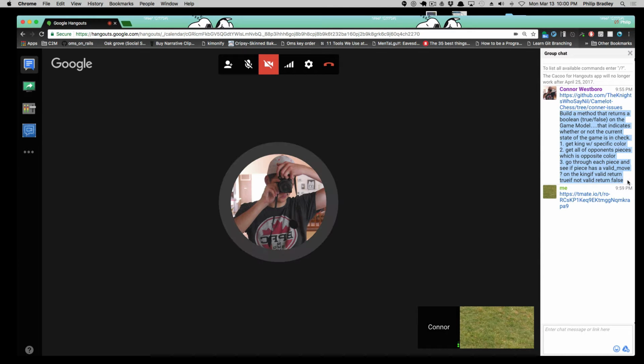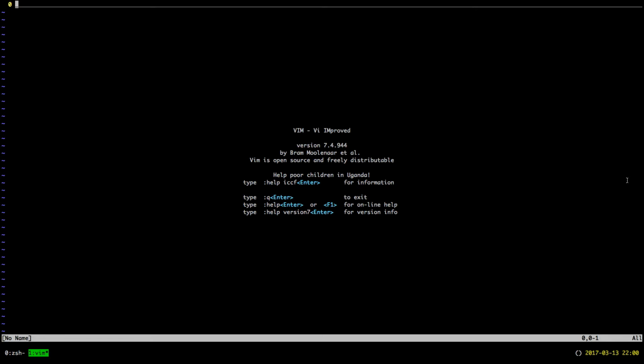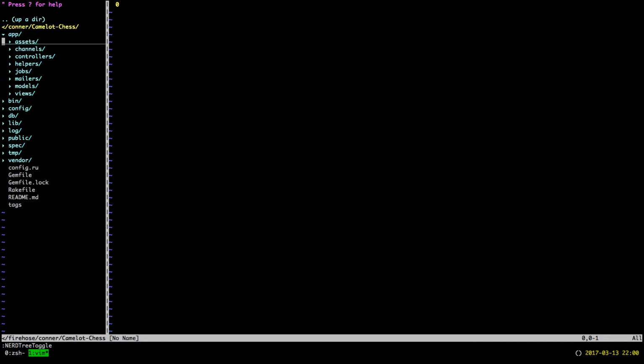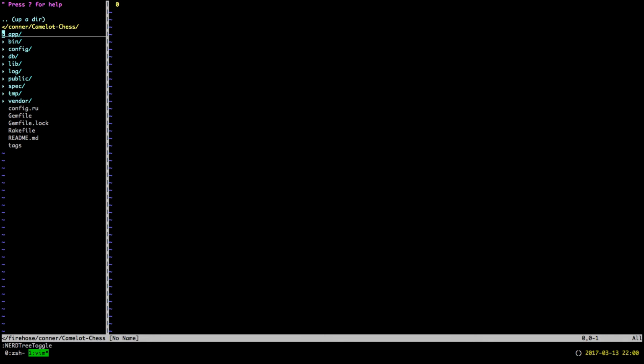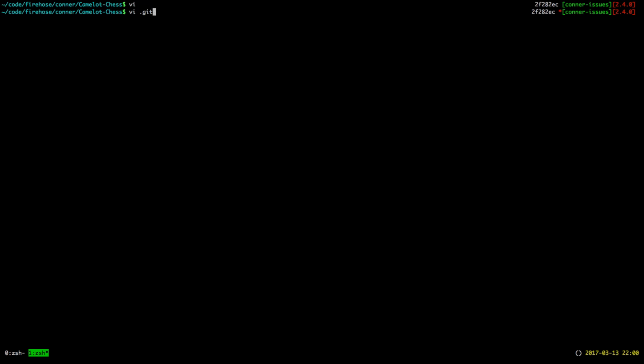So let me grab that out of there. And I mean, I started coding it a little bit, and I got a good idea of what I need to do. It's just really odd. I think I'm going to have to build a few different helper methods. Mm-hmm. Okay. Well, sometimes I'll